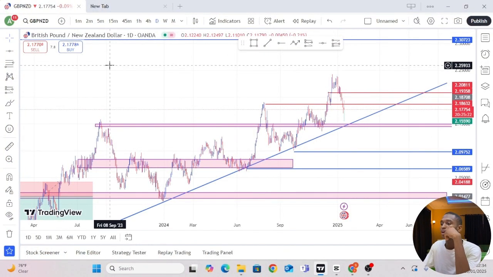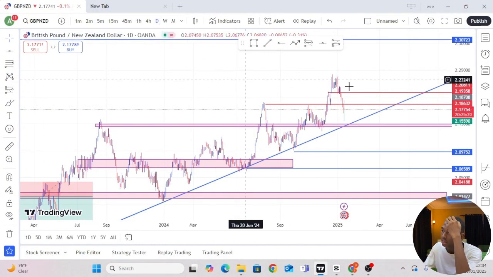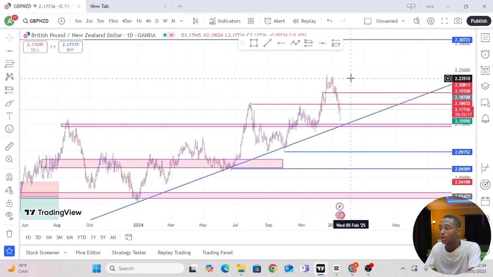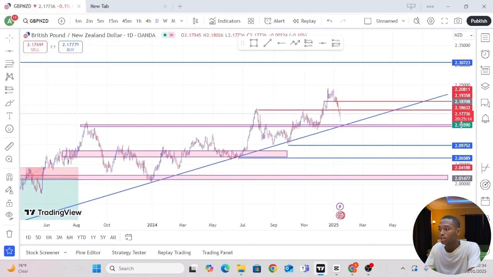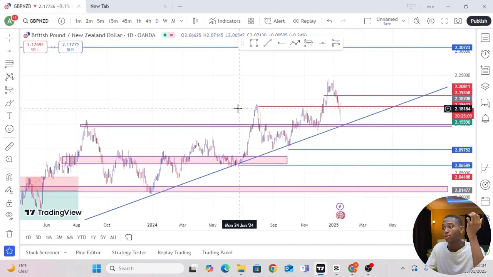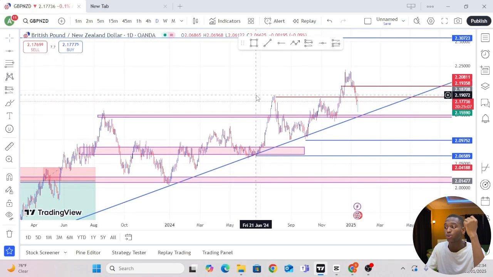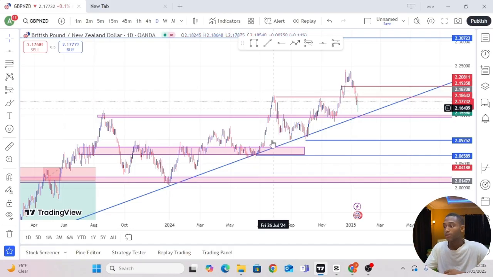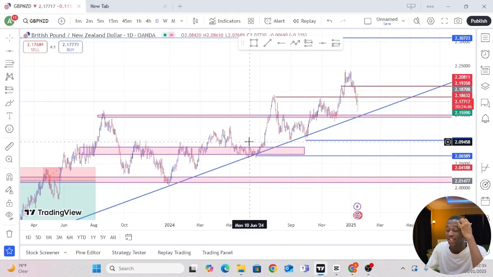So on my screen here we have GBPNZD on a daily time frame. Now I drew this out a long time ago. GBPNZD is on an uptrend. From his trading strategy, you first have to identify the direction of the market, so you know in what direction you're going to place the trade. Because if the market is on an uptrend, you don't want to be going for sells. But then again, it could be contrary, because I've already done the analysis and it seems like we're going to do something different. But when we get to that,